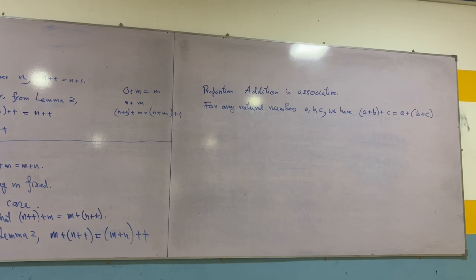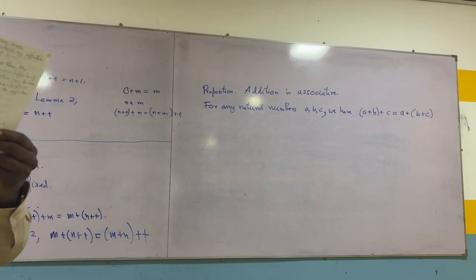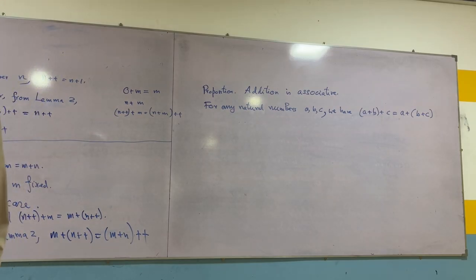So addition is associative. I guess he has put this in the exercises, no? Because of this associativity, we can write sums such as a plus b plus c without having to worry about which order the numbers are being added together. Cancellation law, that's a good one, by the way.